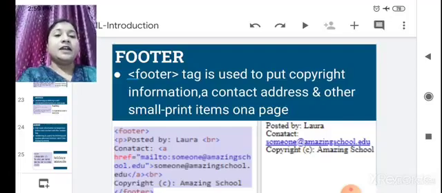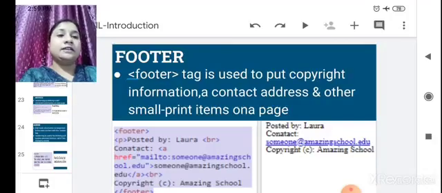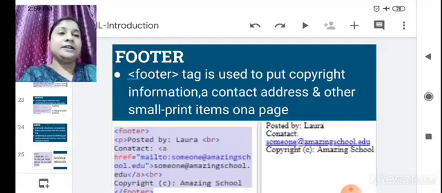You can also see a copyright given, Amazing School. When you write like this in your web pages, the output will come as posted by Laura, contact, that email address and copyright Amazing School. It will display like this. So footer is used to put the copyright information or contact address.